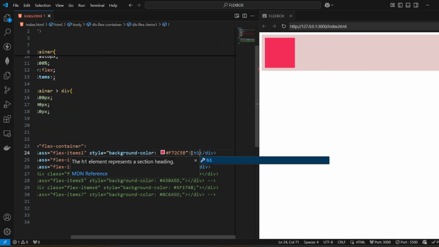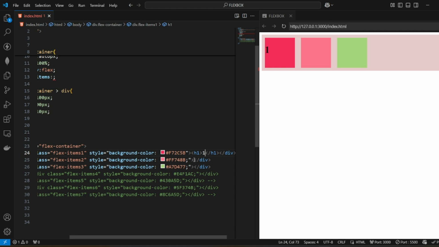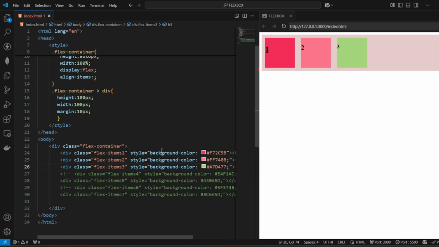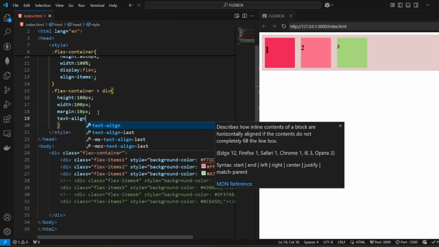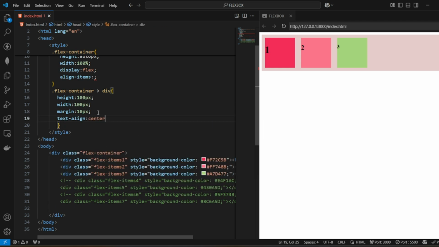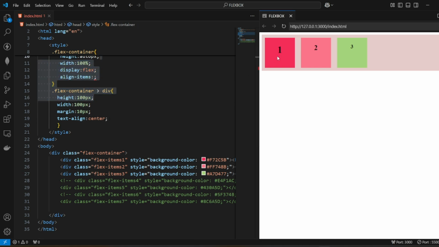So the next one is actually baseline. For that, we need some content inside the flex items. That's why I'm giving some headers of different sizes. So after that, let me place that center to the flex items. Cool. Now I'm going to set the align items to